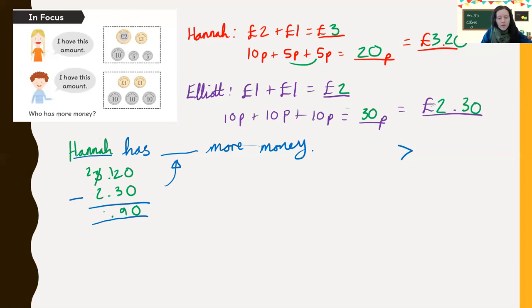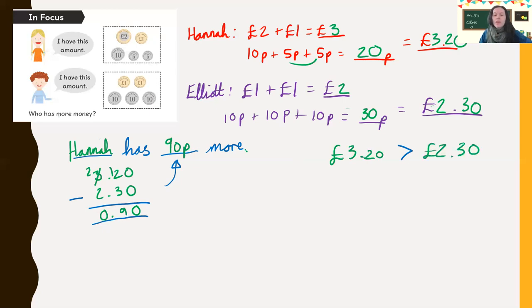2 take away 2 is 0, so that's no pounds. And how many pence? 90 pence. So Hannah has 90 pence more. Probably don't need the word money there actually, do we? When I think about it grammatically. Hannah has 90 pence more. There we go. Super. So the larger amount, as we know, is £3.20. Whoops. And it's larger than